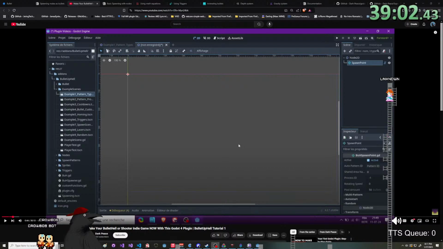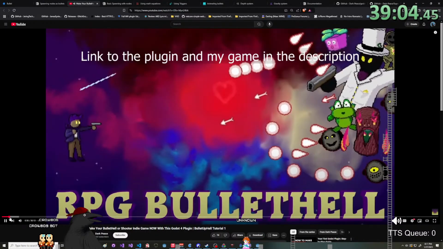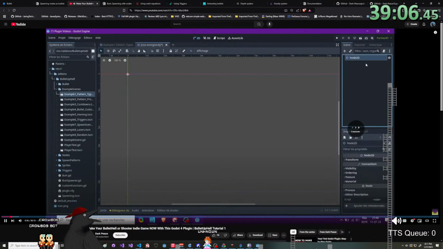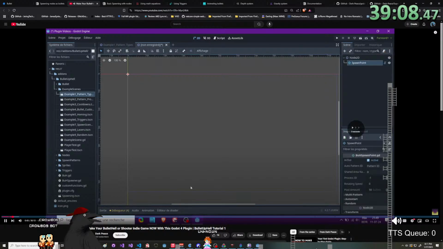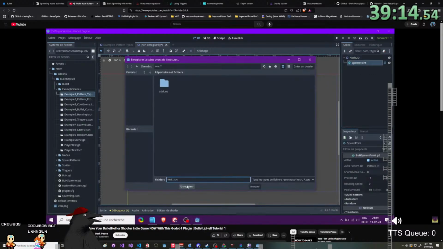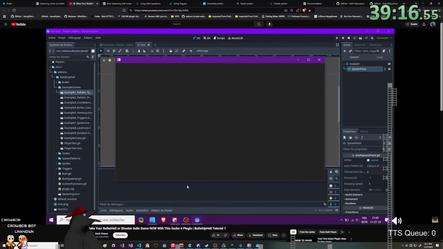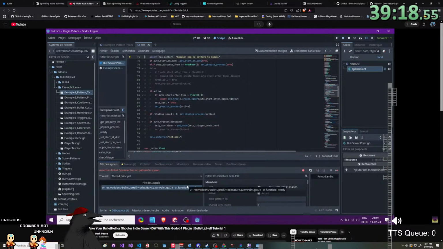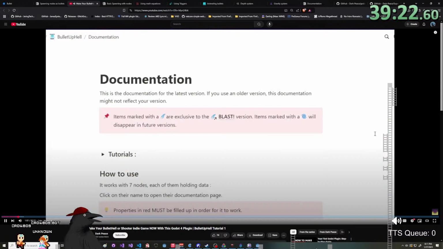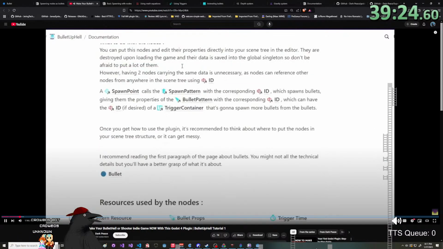desktop. It's used to installation and the basics on Yeah. how to use the plugin. We're going to spawn point is used to do it with a node, which is a spawn point, or with code, but we'll show you that later. Now if we try Yeah. to run the scene, we have an error. It says that the spawner has no pattern ID, so we can look it up in its properties and string